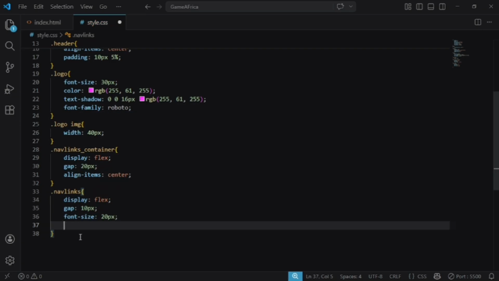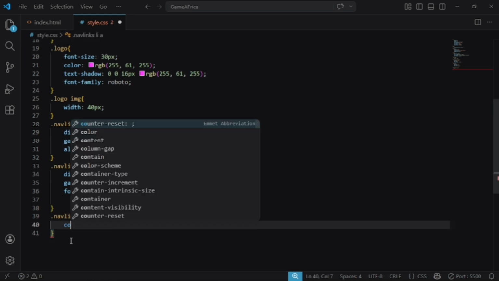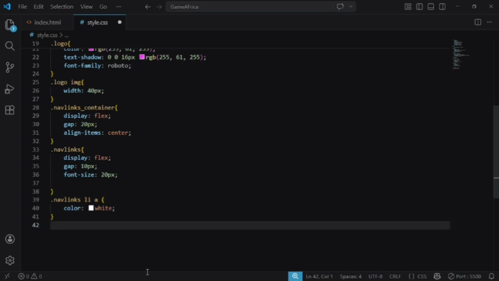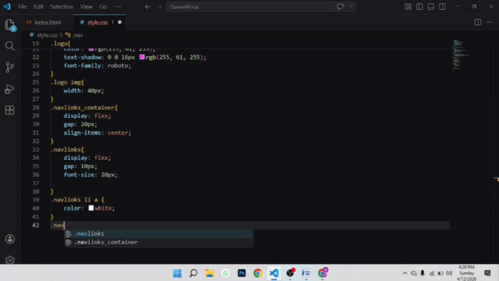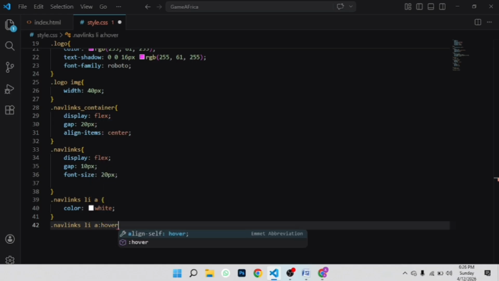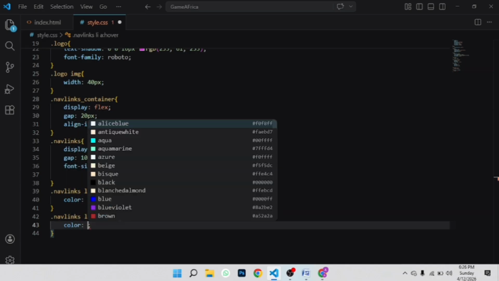So let's give it color, maybe the color of white, and then let's give some hover effect. So on hover let's change the color to the